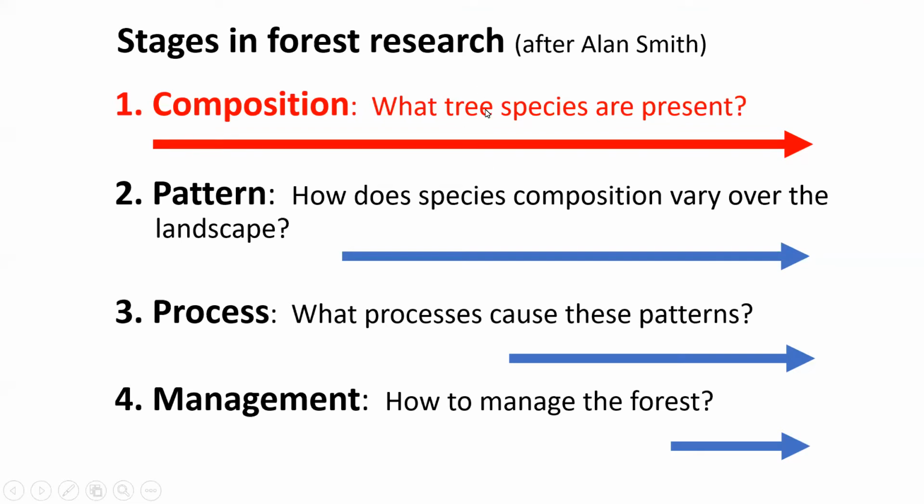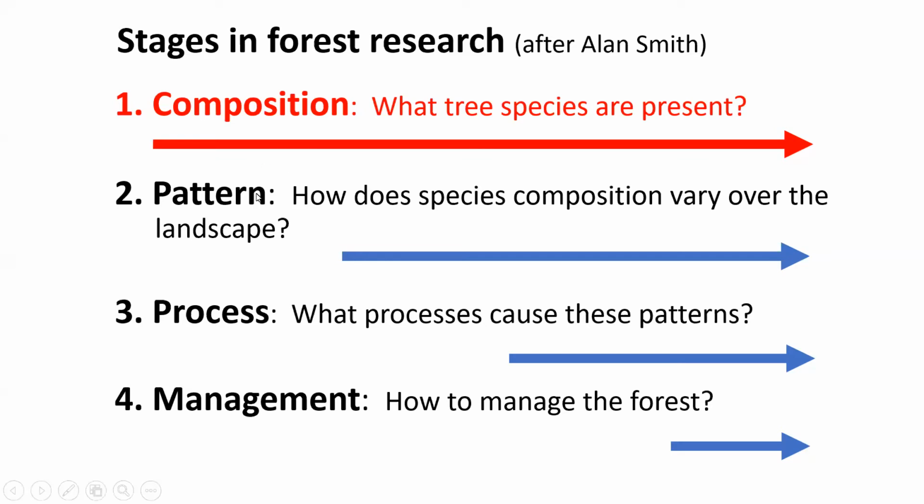What did we do? This is what Alan Smith told me. He said, you know, in the beginning, you don't even know what's there. So the first job is to figure out what species are there. Trees, if that's your interest. And that's going to take you a while just to figure out what's there. But once you've figured out what's there, then only then you begin to see patterns. If you can recognize the tree species, then you start to see how different species are distributed across the landscape. And you start to pick up patterns and you start to do quantitative work on that. But it requires being able to recognize the species. So that was our first job.